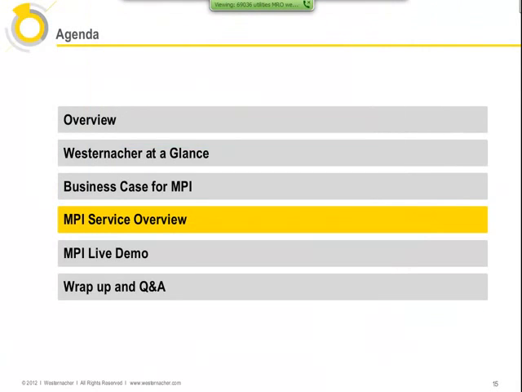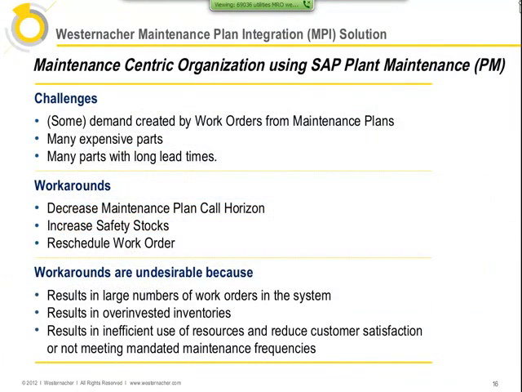Thank you, Christoph. Okay, so to get into the meat of the matter here, what we're looking at is a solution to integrate the information that we have in our PM systems into some form that we can now drive the benefit from the planning aspects of this. Some of the challenges that we're normally faced with when we're looking at maintenance plans is that some, but usually not all, of our work order demand is coming out of maintenance plans themselves. Now, that should be a schedulable quantity. We know when those things should occur based on the data in the system.